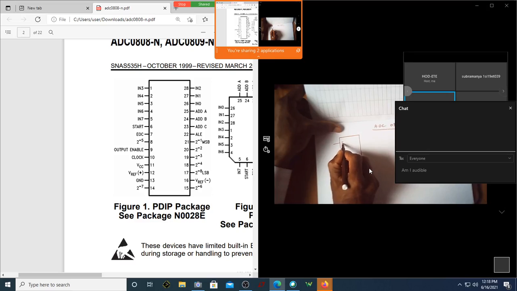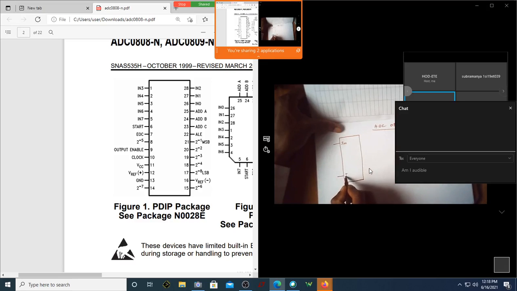So this is IN0 through IN7. There are 8 possible inputs, and then I have a start signal. There is a clock and there is an EOC signal. So these are the inputs, this is an output, and along with that I have one more input